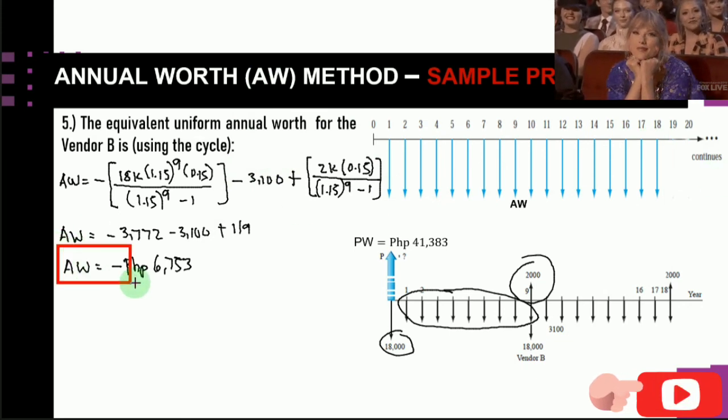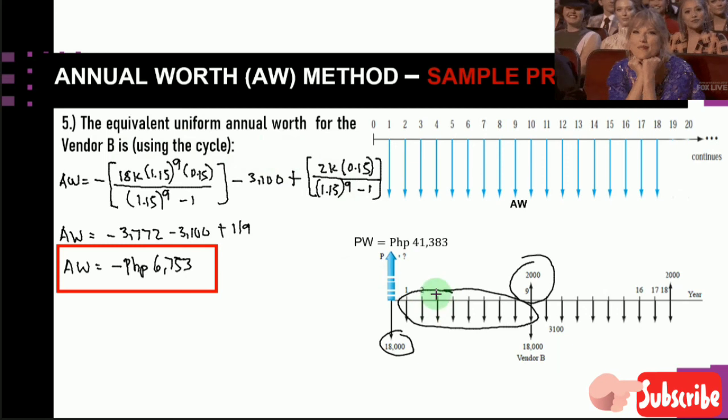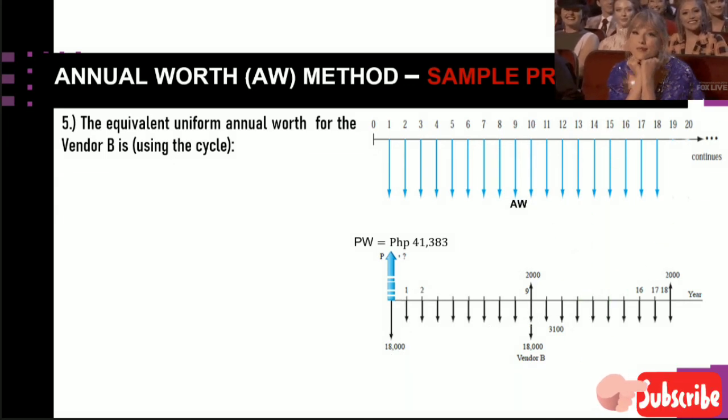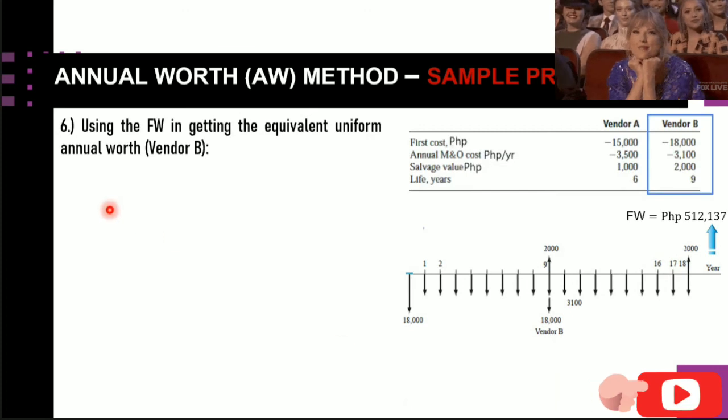So this is now our annual worth value using this life cycle. It is still the same as in the previous slide, 6,753, but it has a different sign here because we are considering the whole cash flow. So minus 6,753. Proceeding to our next one, we use the future worth and get the equivalent uniform annual worth for vendor B. So we have this cash flow, and this is our calculated future worth value